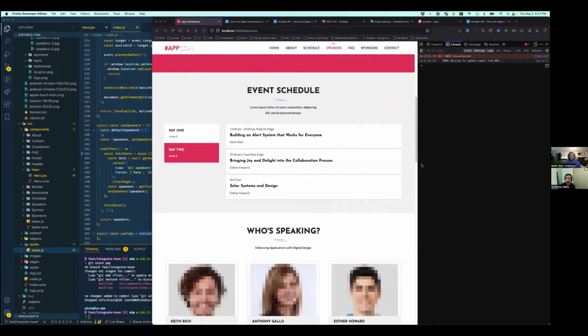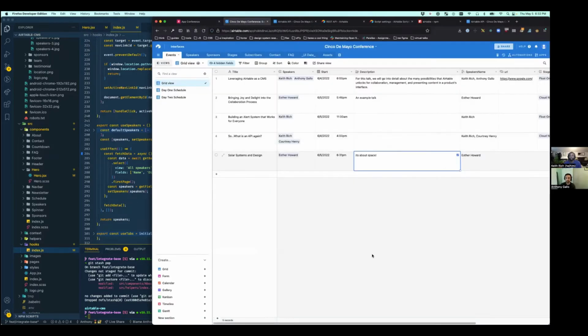Go ahead. So amazing. I have a question about, I don't know what it's called in Airtable, I guess the lookup fields. I saw that you added, so you have basically a nested object, you have a speaker. So an event has one-to-many speakers, I guess. You can have many speakers, yes. It looks like you then grab that speaker name. So that's a lookup field, right? So yeah, actually,